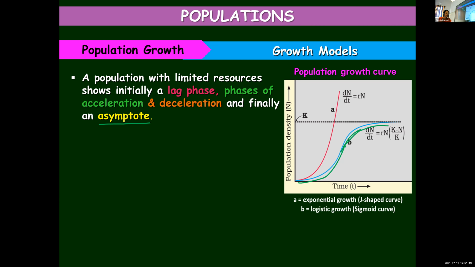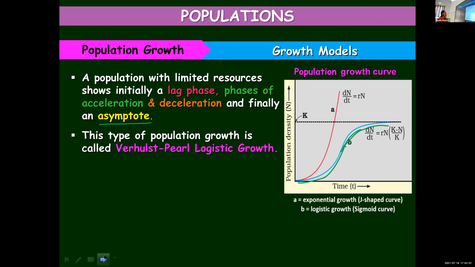After some time, there is a deceleration phase where the rate is slightly declining, and then it will reach an asymptote. Asymptote is a line that a graph will approach but not intersect. And here you can see the carrying capacity K. So it is not going beyond that in the case of a sigmoid curve. Clear? K, or carrying capacity, is applicable to a logistic growth curve. So it is not going beyond that particular line.